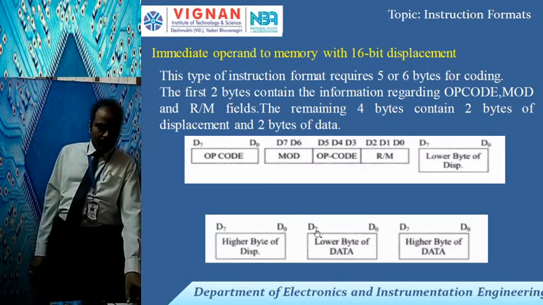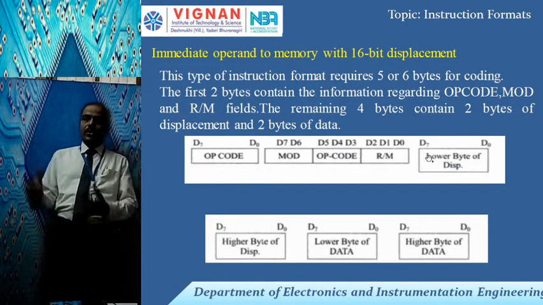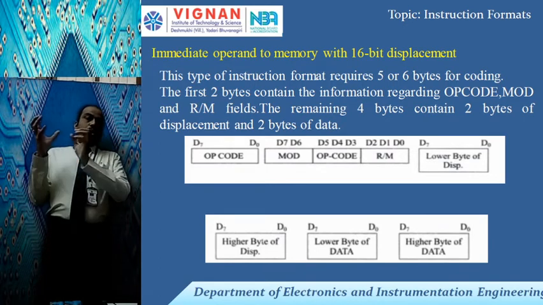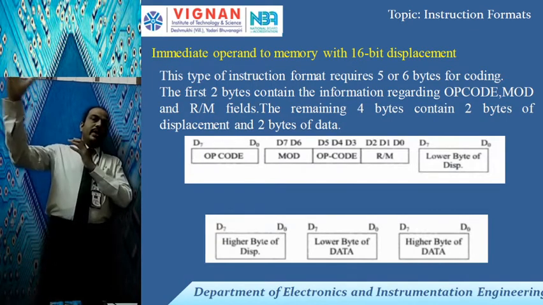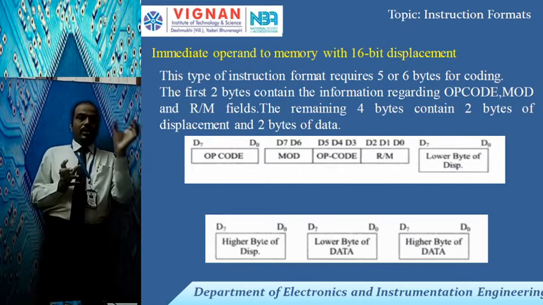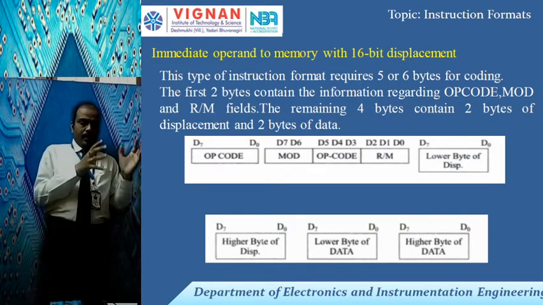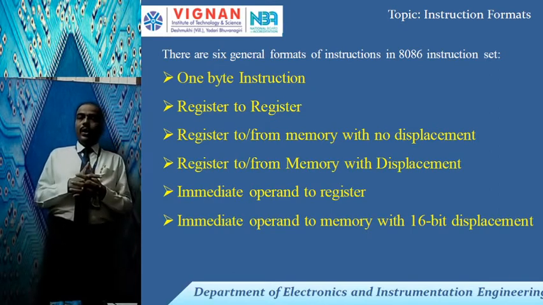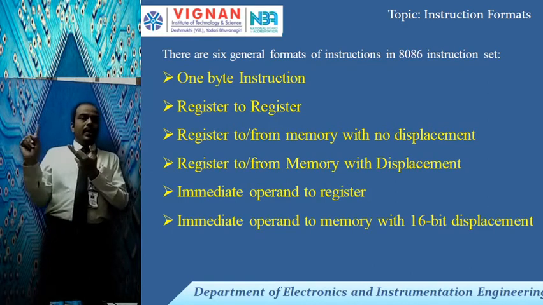It is also almost similar. Up till this part it is almost similar, but it is having another extra 2 bytes of displacement. Just now I explained what displacement is. So we want to store the direct immediate data onto the address which is specified by displacement also. The content of the register having some address will be added to the displacement. So actually these are the 6 instruction formats. You are going to understand this very clearly in detail after completion of instruction set and addressing modes.